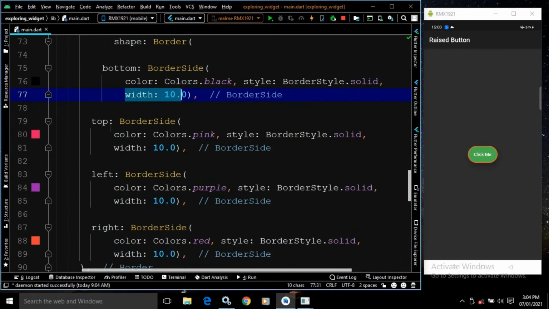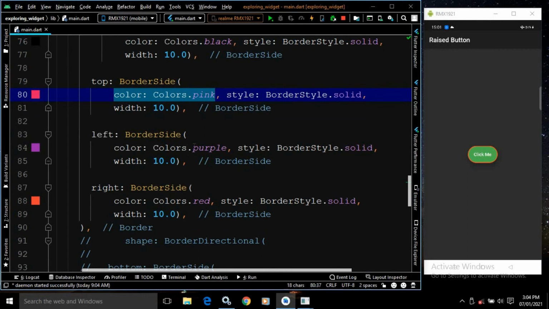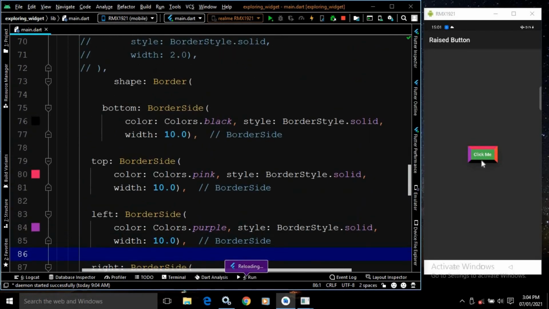Okay, for the top one the color I have changed to pink. For the left side border I have changed the color to purple, and for the right side the color I have changed to red. If I save this, then you will see the button border has been applied to left, right, top and bottom, and the colors of the borders are different as I have specified here.